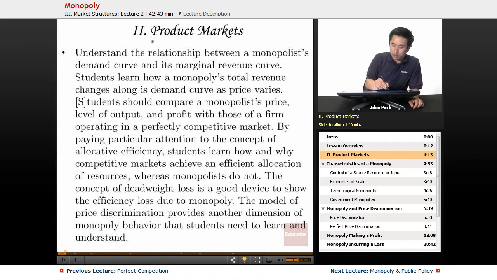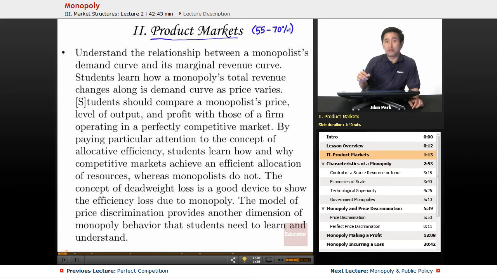So product markets. We're still on this huge section on product markets. Now, as a reminder, this is 55 to 70% of your AP exam. So this is a huge portion of the AP exam, and consequently a large focus of these lectures cater towards